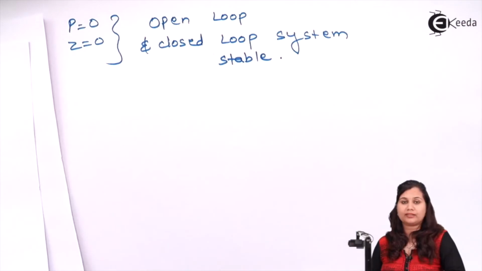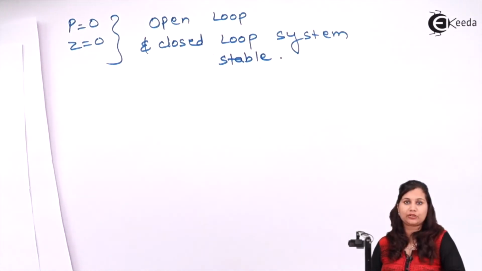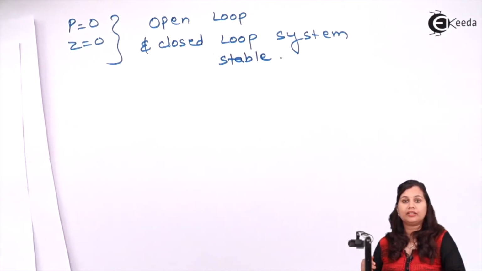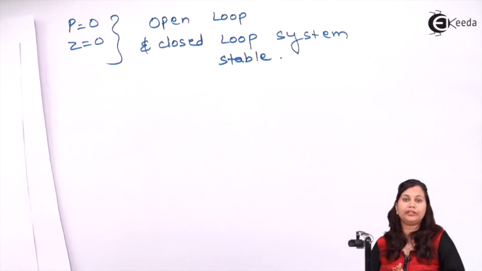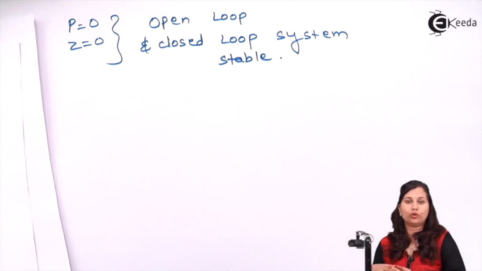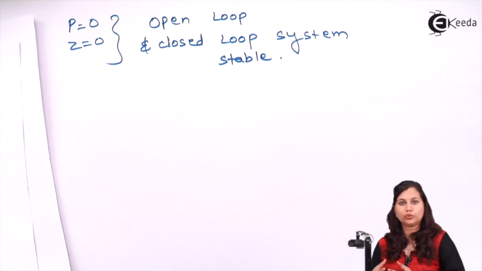Now we will check N equals P minus Z. We will use this equation to check the stability. We will observe the number of encirclements of the minus 1 plus j0 point, and then we will comment on the stability of the system, whether the open loop system is stable, or the closed loop system is stable, or the system is